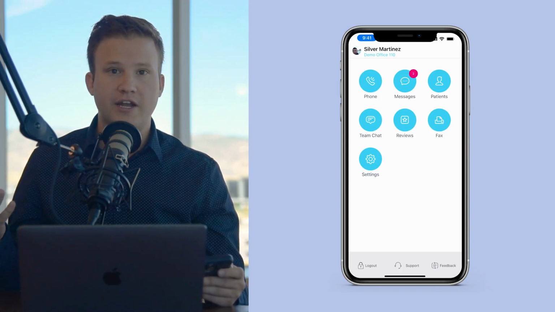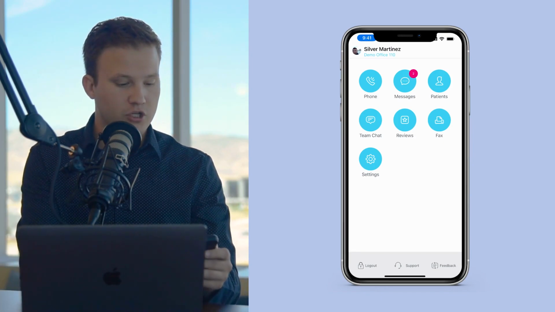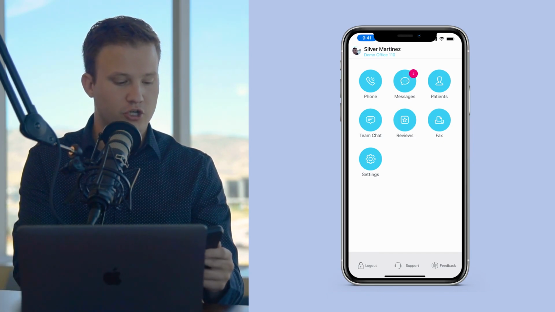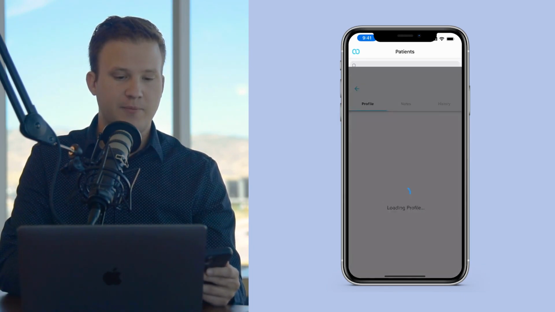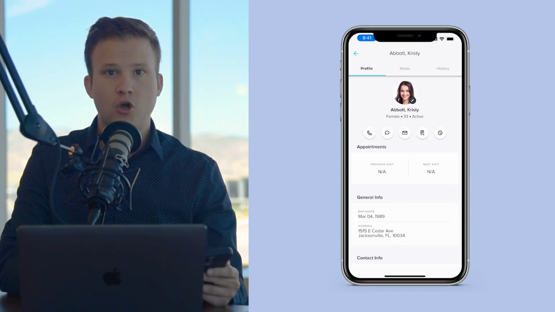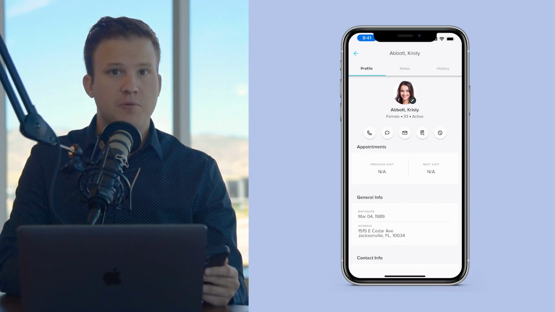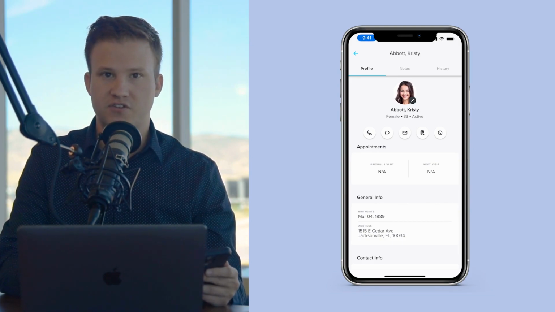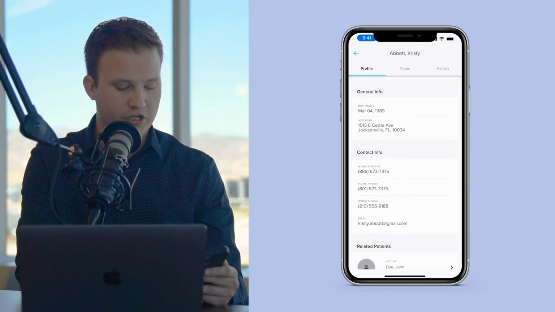If the system's integrated with your EMR, you'll be able to see your entire schedule. If you want to look up a particular patient, you can look up all of your patients here that are in your EMR. And let's say, for example, you want to call Christy Abbott. You can call Christy Abbott, or you can even text Christy Abbott straight from your cell phone, but it's going to use the office phone number. In addition, I can look up other general information regarding Christy,